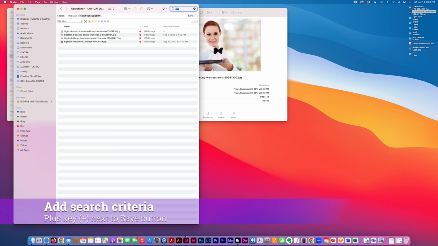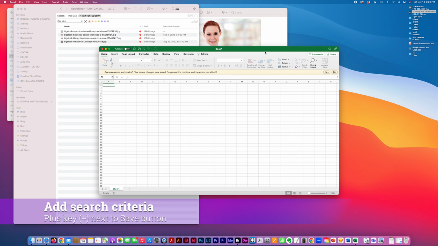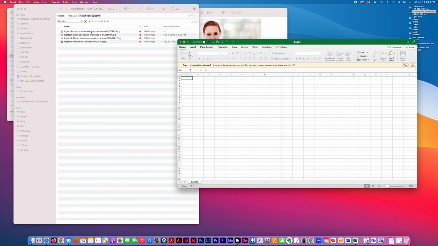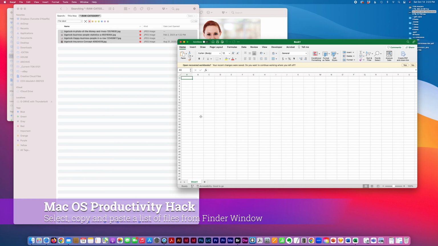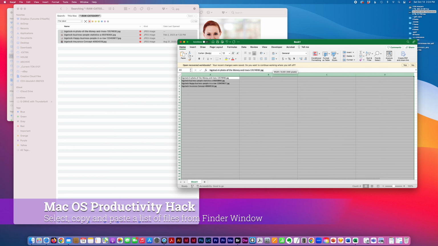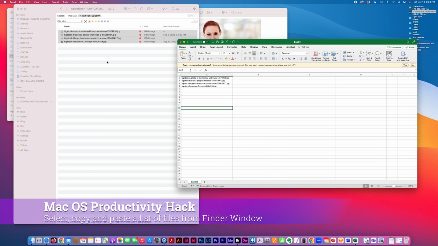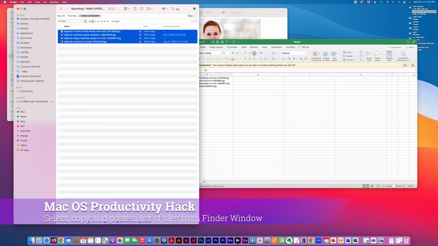And the interesting trick I found was if I open up Excel, I'm able to actually just cut and paste these from Finder. I didn't know this. I've been a long time Mac user, and I never had occasion to use this feature. So there's my red tagged images, and then I can just go to orange,